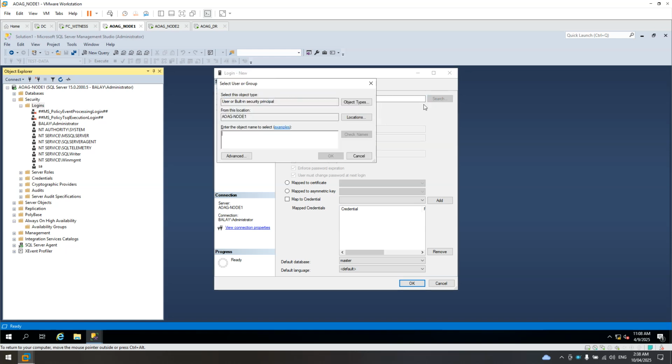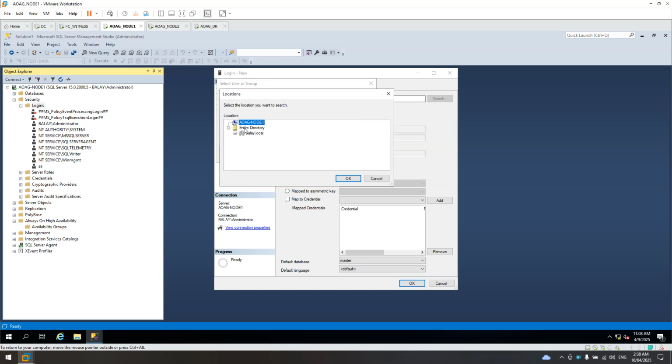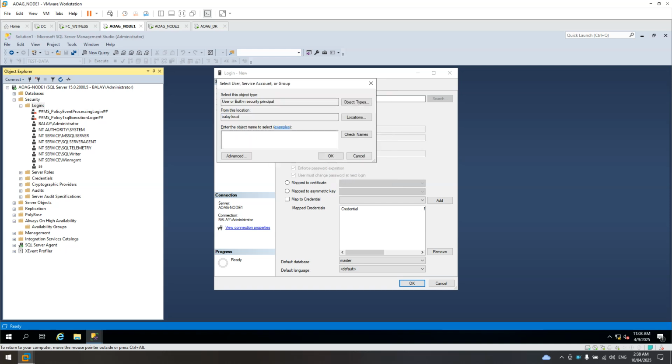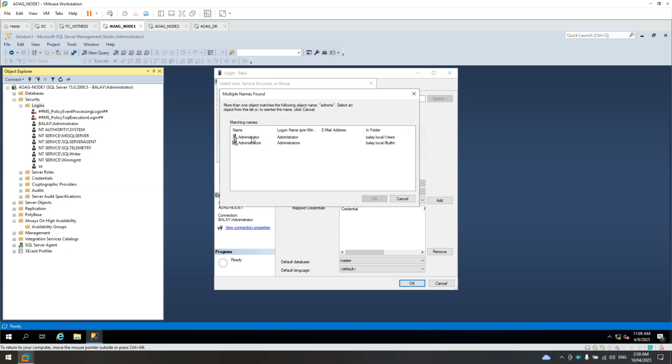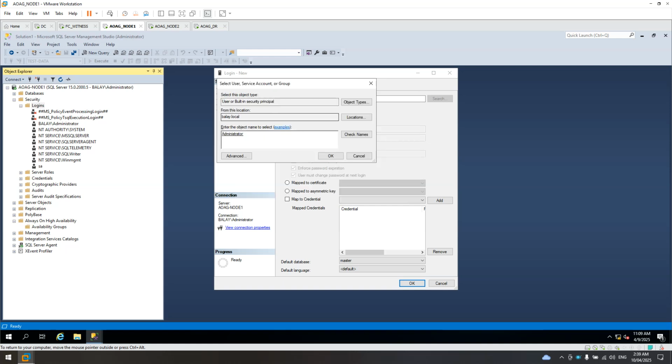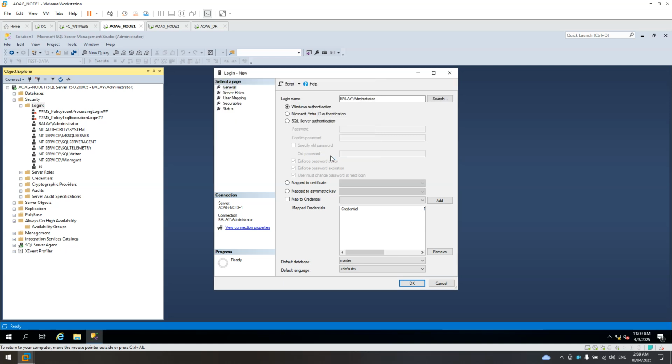Add the location. Make sure you use the domain administrator or the SQL Server SQL Agent account. But we are currently using the admin, so we just use the admin. See, the domain administrator, the local administrator. Yes, let's use that one.